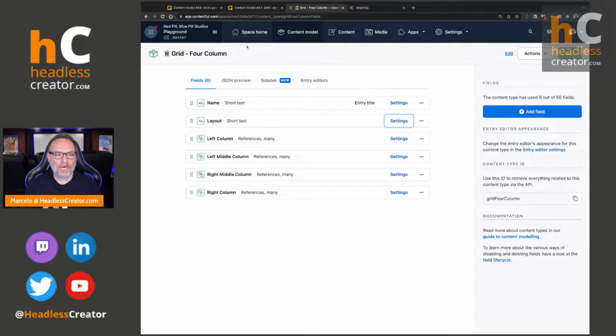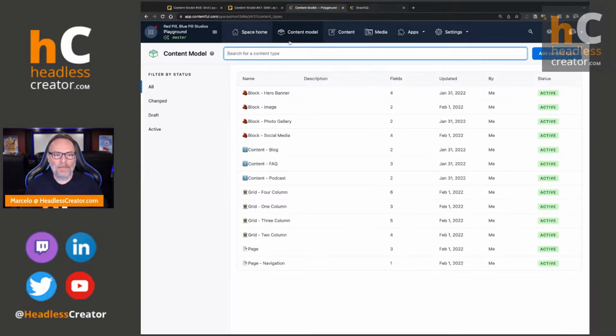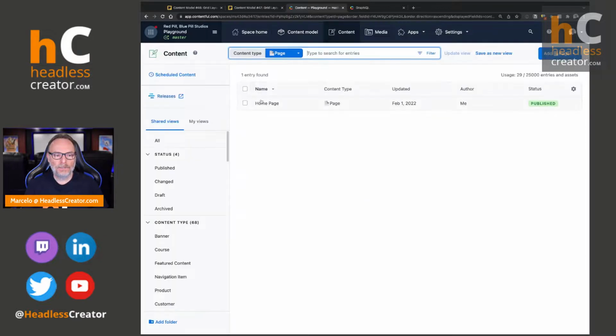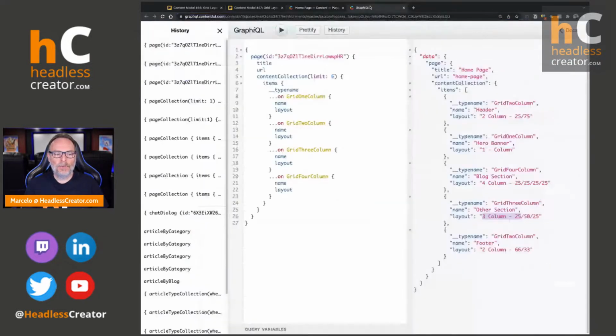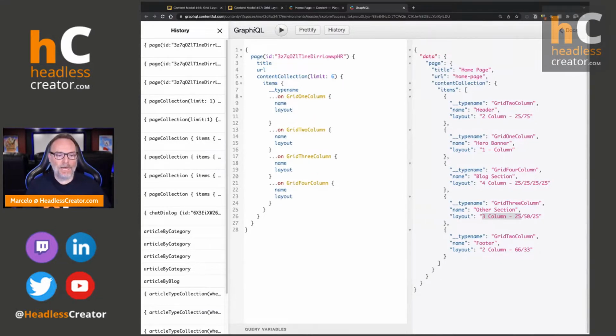So, okay, we're not going to change it, but let's go back to the content. We'll go back to the homepage. Let's go back to GraphQL here. So we're getting that. Now let's see what else we can get. We can get the column collection, right? So now let's get the column collection. And the column